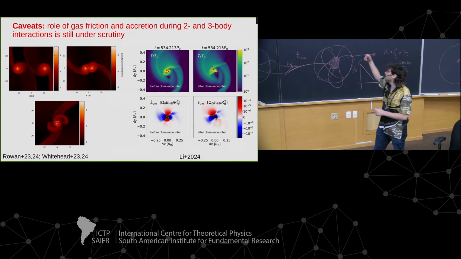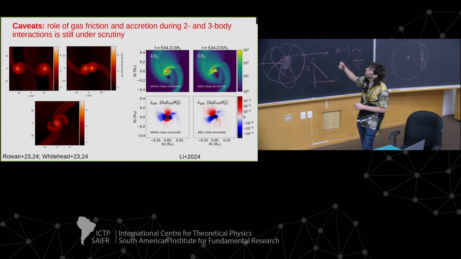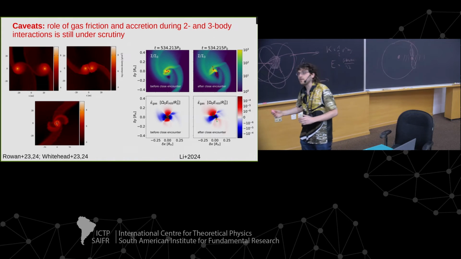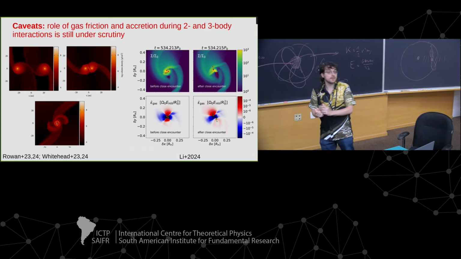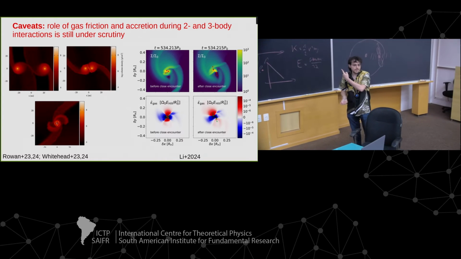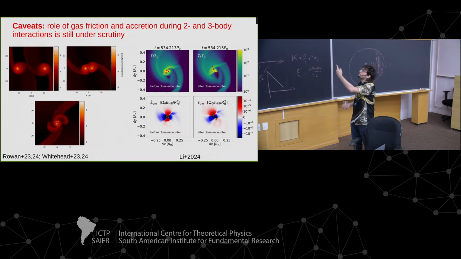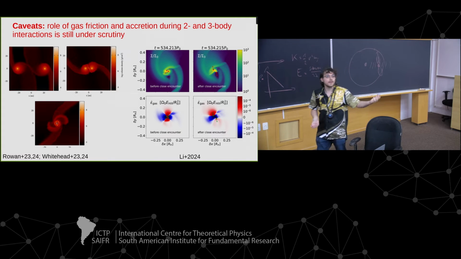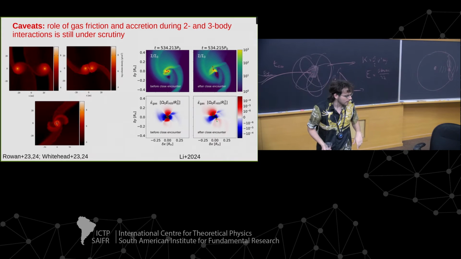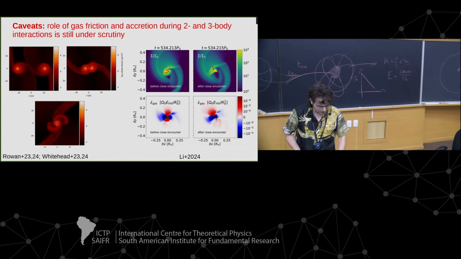And these are some very recent papers with hydro simulations exploring the effect of two black holes meeting within an AGN disk. You can imagine that this kind of scenario is very complex, so the physics that you put into these hydro simulations is very simplified. So we are still at an early stage of understanding this process, and there are a lot of PhD projects in this kind of scenario.